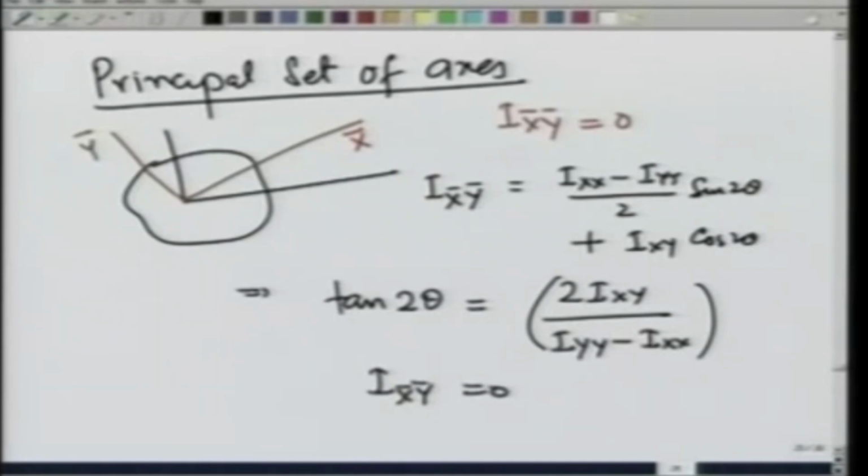Such a set of axes where the product of area vanishes is known as the principal set of axes, and you can see from the construction that you can always find one set of axes because tangent 2 theta varies from minus infinity to plus infinity. You can always find a set of axes where the product of area would be 0. An interesting fact about the principal set of axes is that